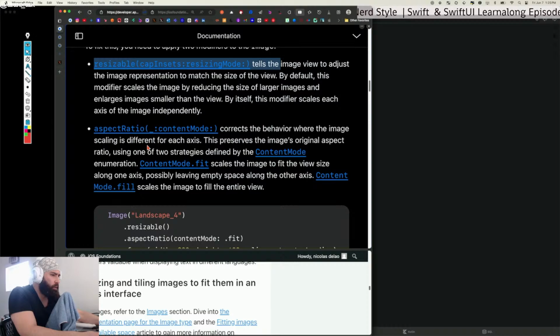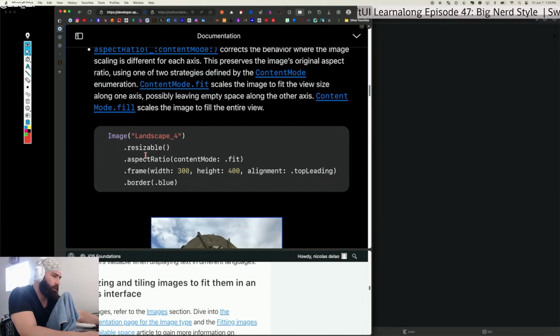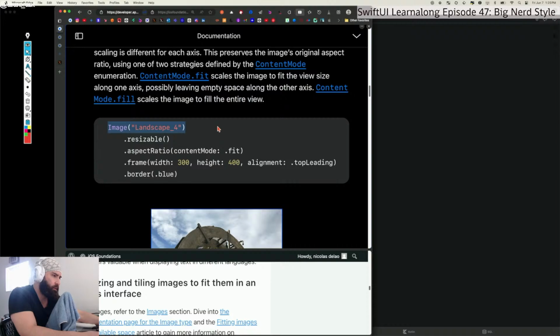All right, corrects the behavior where the image scaling is different for each axis. This preserves the image's original aspect ratio using one of the two strategies defined by the content mode enum. Yeah, so we have a choice to either fit or fill. Okay, so now this code, if we wanted to apply that, so same image, same starting point, but first we call resizable, then aspect ratio, and we choose fit. So we want to fit the entire image